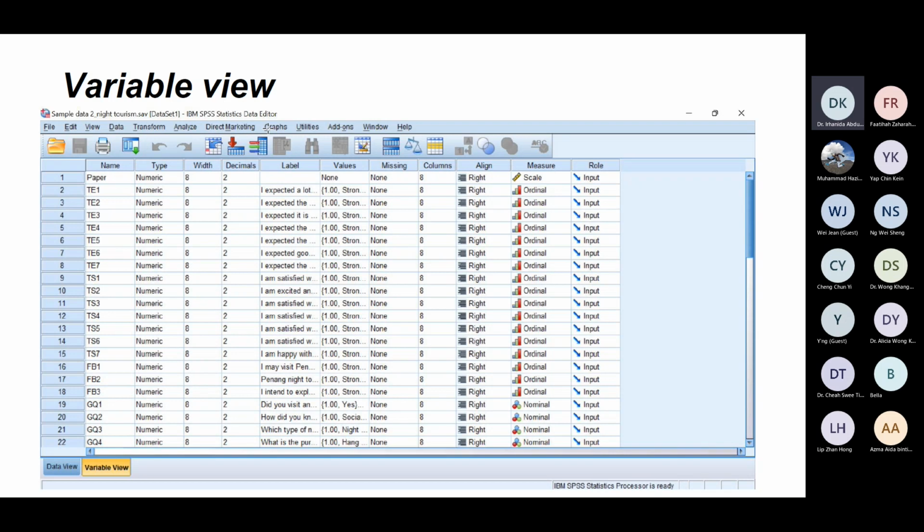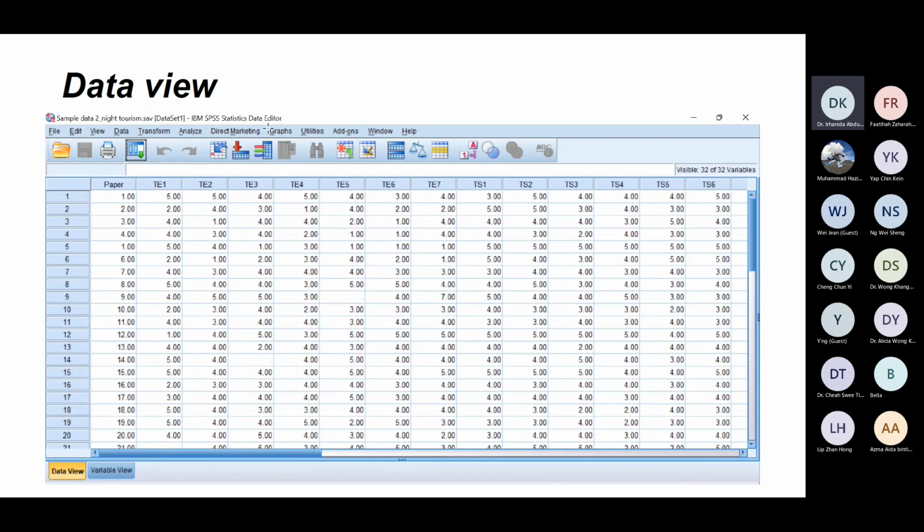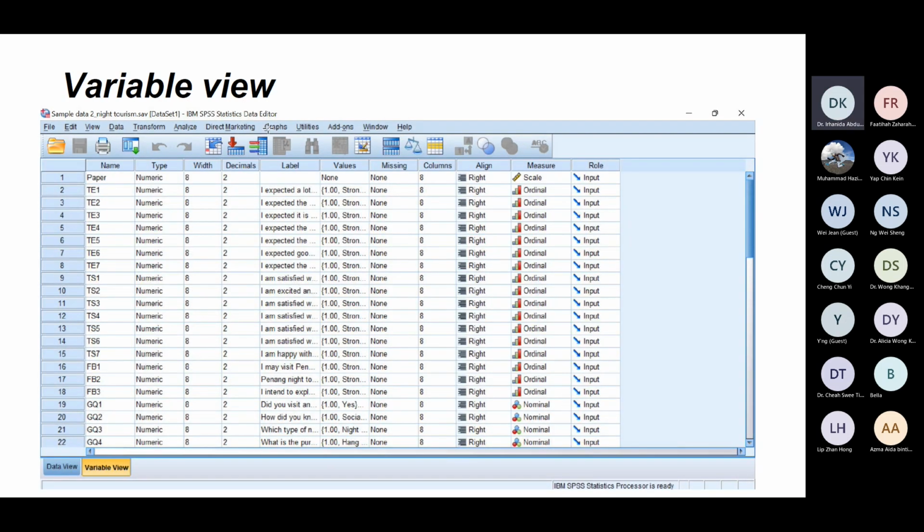Decimal is not so important. It's just that it will show us, let's say decimal here I put 2, it will reflect here. You can see all the values here only have 2 decimals. And then I have label. This is the full question that I have. This question represents TE1, tourist experience 1.